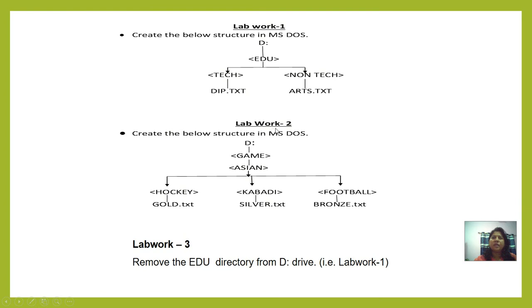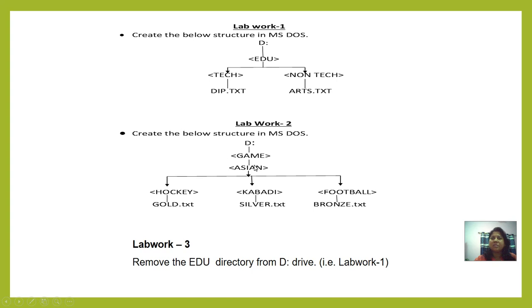And for lab work 2, the same thing: create the below structure in MS-DOS. As in lab work 1, one directory is there, and inside it 2 directories are there. But see this format. Under this format D is there, inside D one single directory, that name is game, and inside game another directory is there, that is ASEAN.